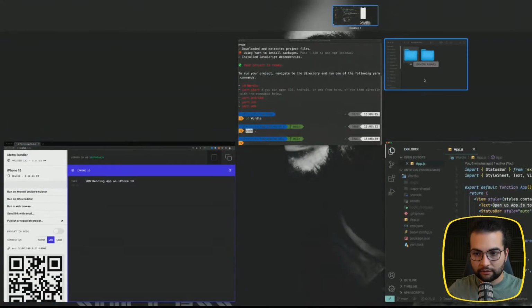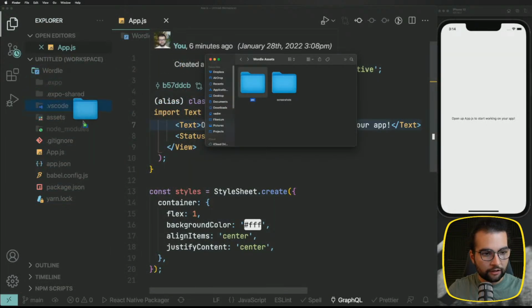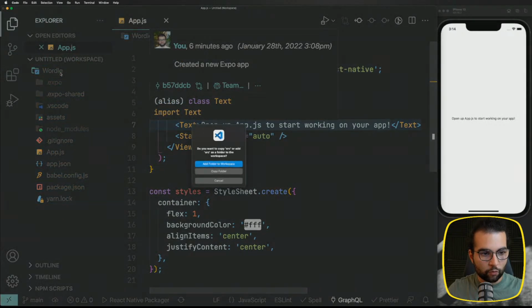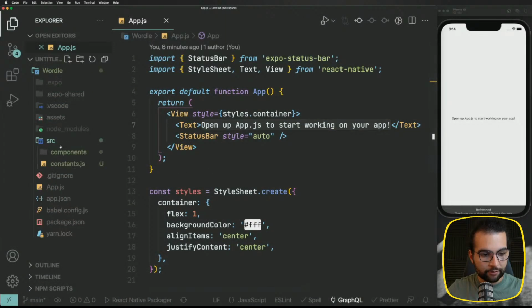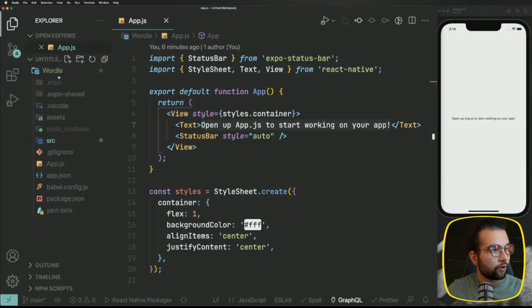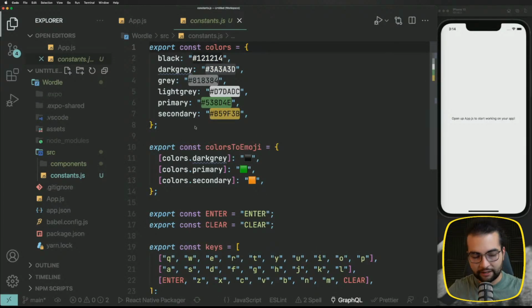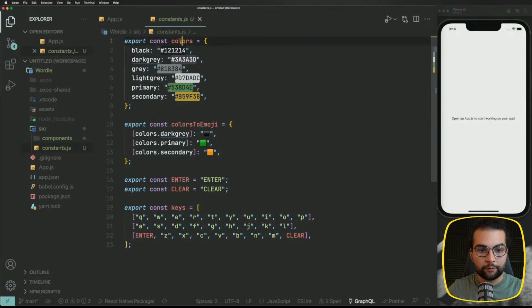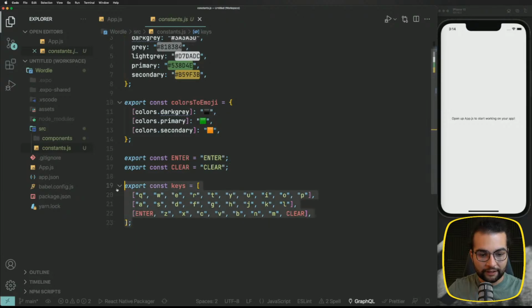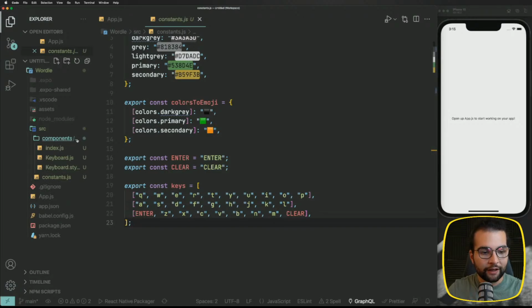So again, let me try to copy it inside the Wordle. So copy folder. Simply like that. Yeah, copy folder. And now inside our project, in the Wordle package here, we see the source. The source contains some constants, and in the constants, for example, we will see the colors that we will be working with. We will see all the keys that we need for the keyboard. And the important thing is here in the components, we have the keyboard component that we will import soon in